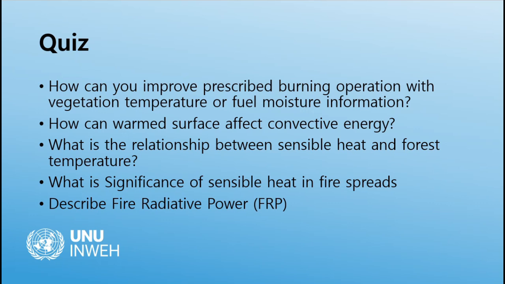So what can we do to reduce soil and vegetation moisture? And please describe the heating process of the pre-ignition stage. We briefly looked at the fire development graph. There were three stages in there, and especially for